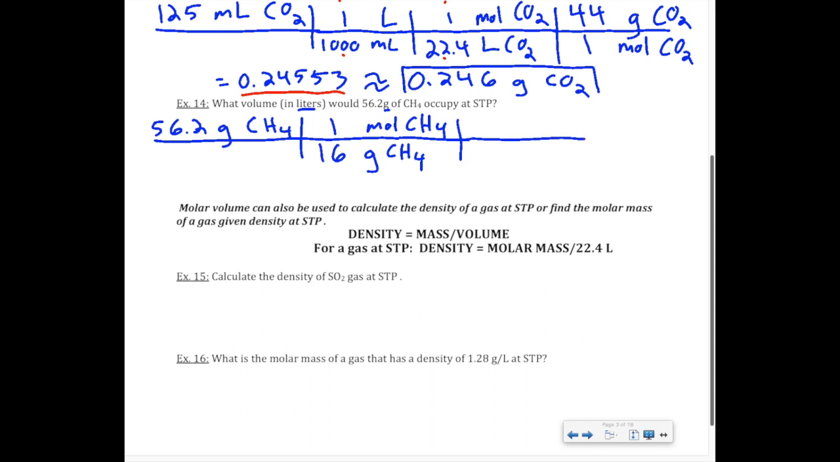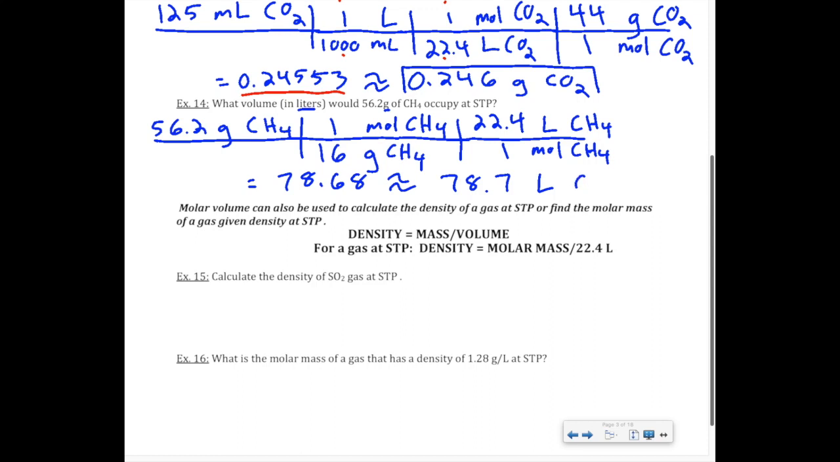And then I need to convert moles to liters. So I've got moles here, and I need to put moles on bottom so it can cancel and get liters. So I get CH4, and I get 22.4. And so multiplying 56.2 times 1 times 22.4 divided by 16 divided by 1 will give me 78.68, approximated to 78.7 liters of CH4. All right,